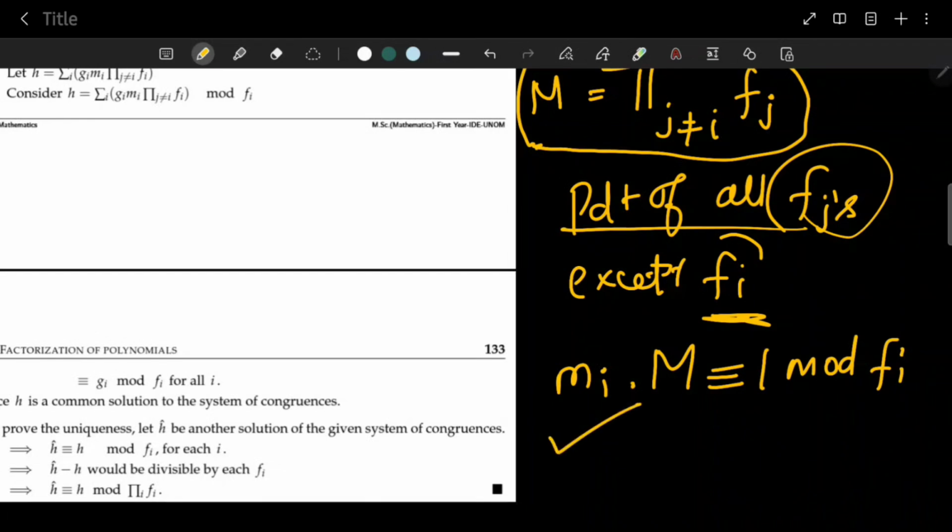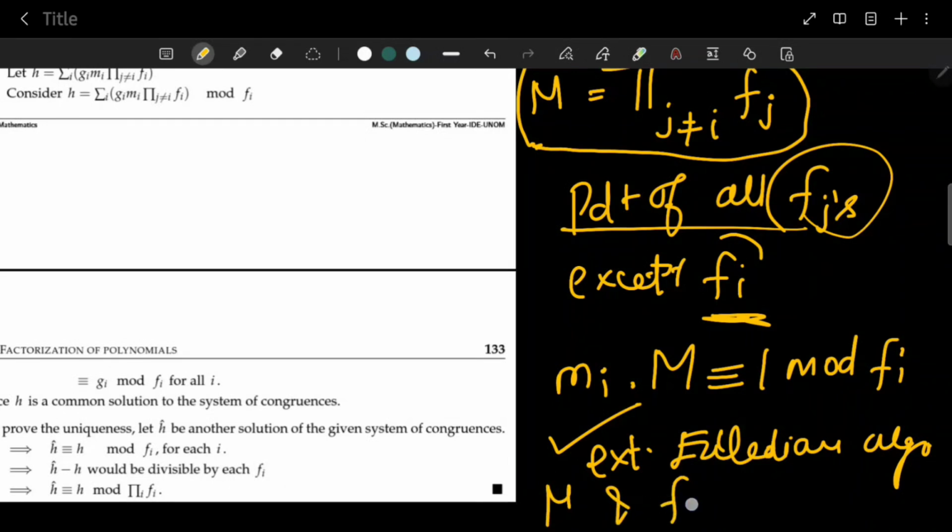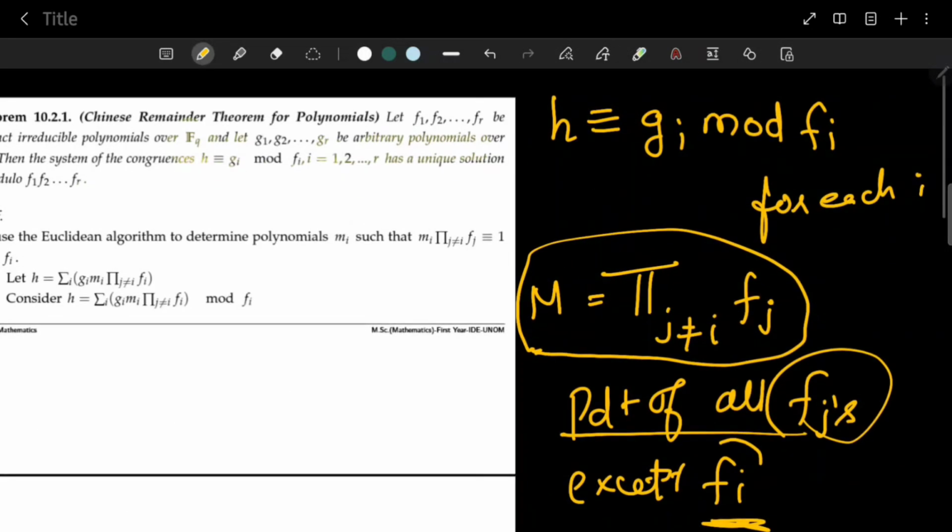This is possible using the extended Euclidean algorithm. Since M and fi are co-prime, because all fi are distinct irreducible. So